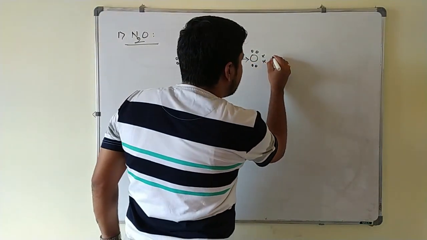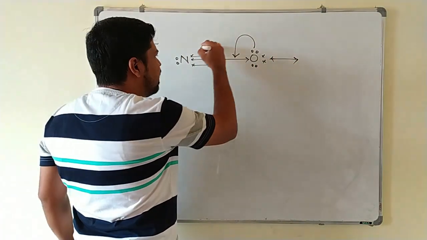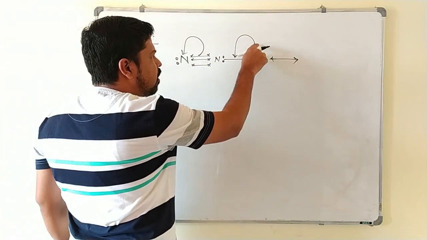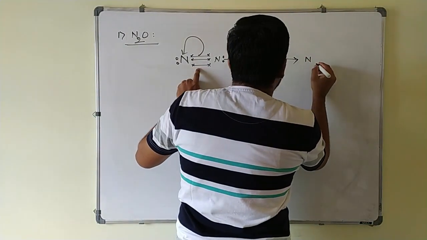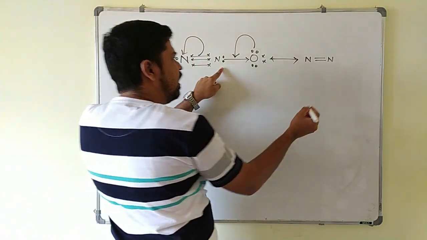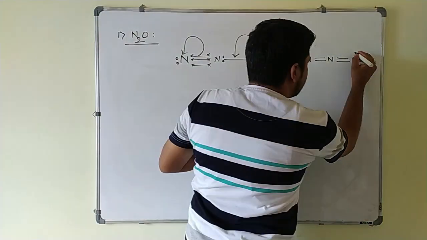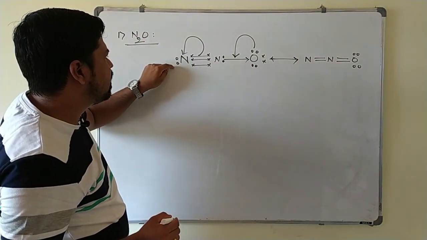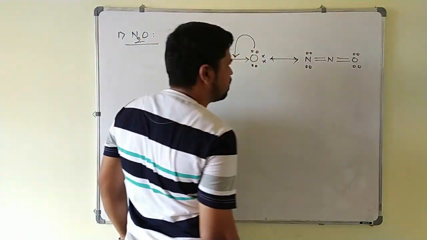Now you take these 2 electrons here, so these 2 electrons are moving here. Bonded pairs are given to the nitrogen. These lone pair of electrons are given to the next bond. What can we write here? This is a nitrogen. Here you will get a double bond, and between this nitrogen and oxygen you will get again a double bond. On the oxygen, 2 electrons are given. How many are remaining here? 4 electrons are remaining on the oxygen. Next, here already one lone pair is there. Another bond pair is coming, so you can write another 2 lone pairs of electrons like this.